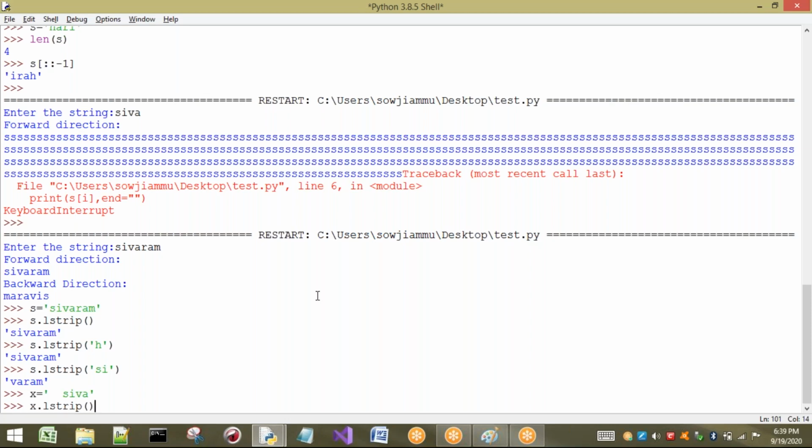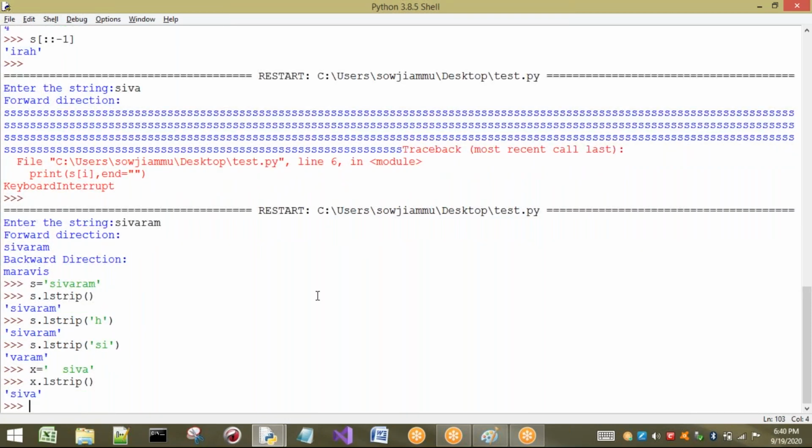You can observe clearly now. Spaces are removed if you do not write anything. If you write any characters in L strip as an argument, then those characters are checked on the left side of the string. If present, they are removed, otherwise they are not removed.